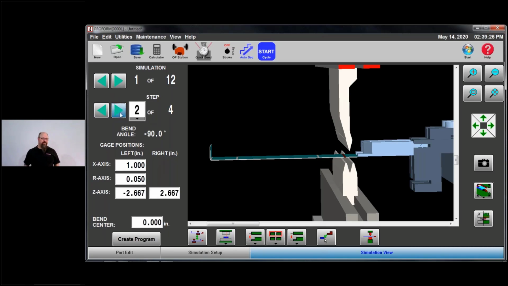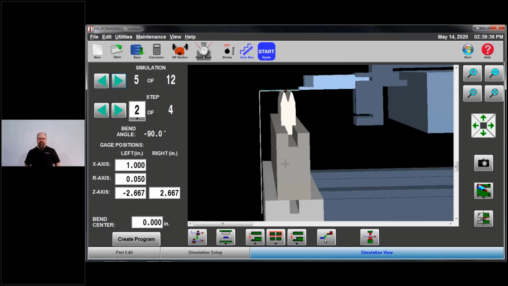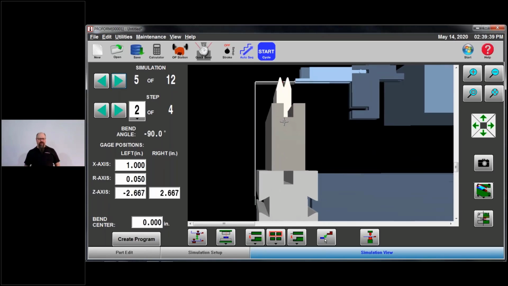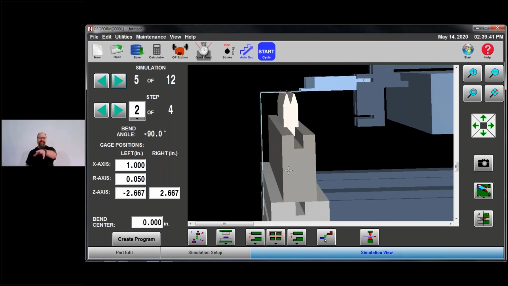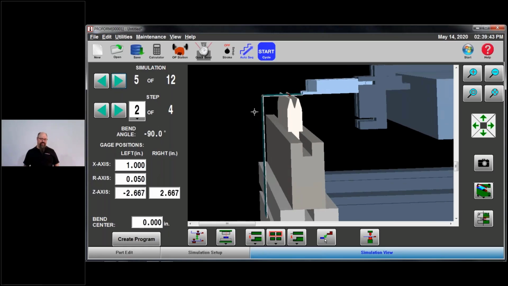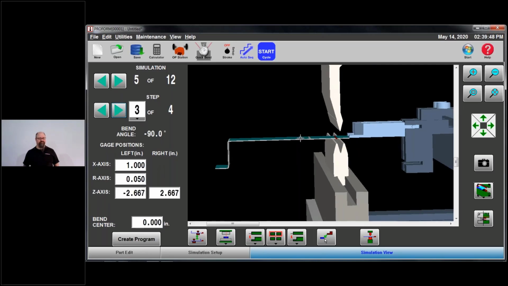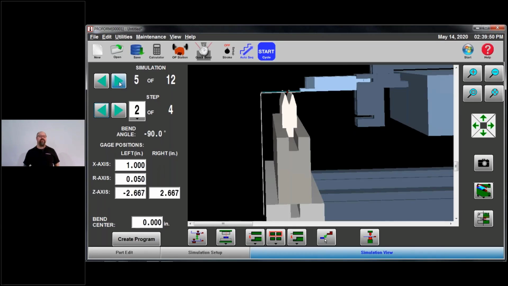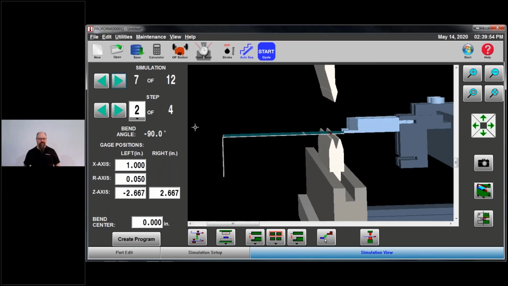So I'm going to stay on step 2, and then I'm going to go look at simulation number 2. Well, that didn't change. 3 didn't change. 4 didn't change. 5, oh, okay. Well, 5 changed. But I'm not a real big fan of that. I don't really like that step that way. So I'm not going to do that either. So step 6, oh wait, no, my bad. Simulation 6, 7, nope, 8, 9.